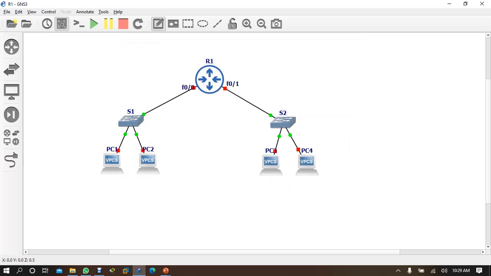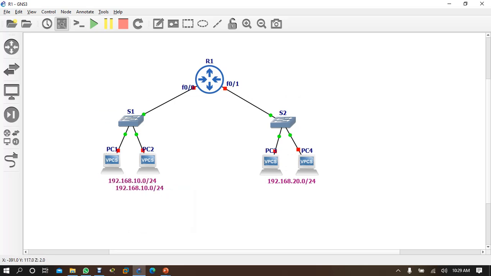Okay, so here we are going to take one network, which is 192.168.10.0/24, and here we will be taking 20.0/24, right. So this is the network.